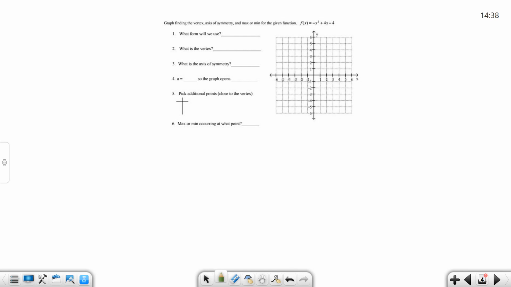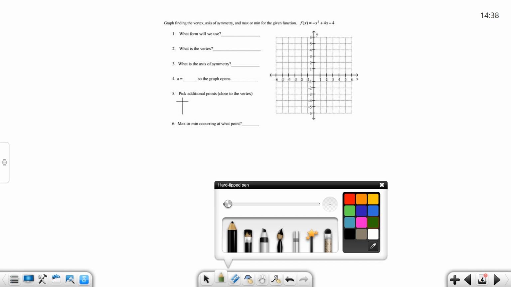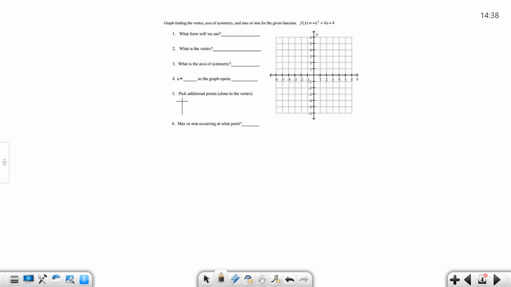Okay, let's try another one of these. I must admit, this one is super, super tricky. And the reason that it's tricky is it starts with a negative x squared. When it starts with a negative x squared, that really throws us for a loop when we try to plug